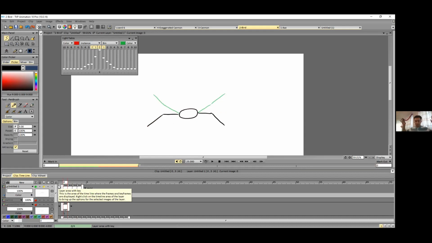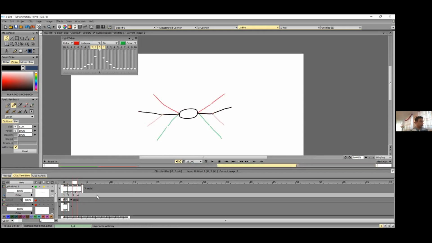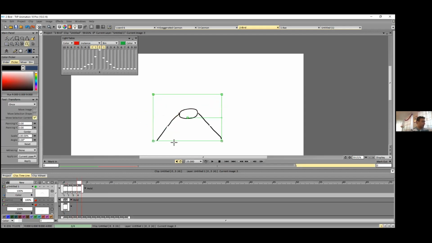When the wings are coming down, they push the air downward, and as a result, the body goes up. Okay? So when the wings are down, the body should go a little up.